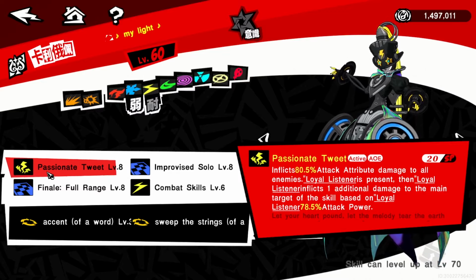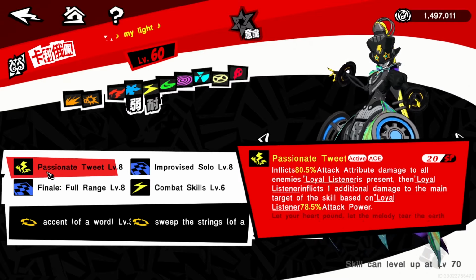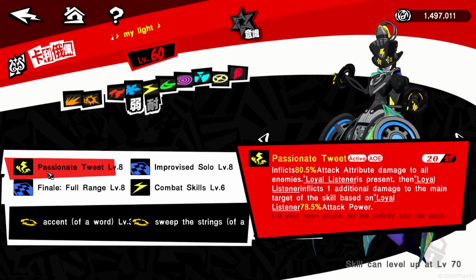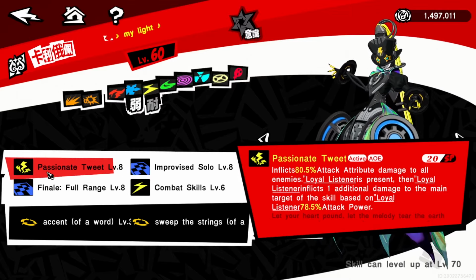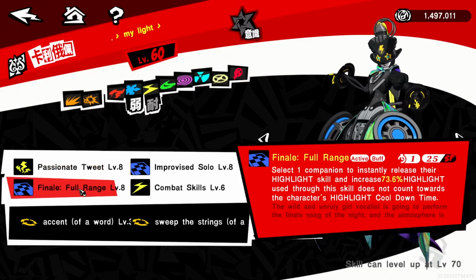Pretty much the more you upgrade this, the higher the inflict status is going to be, of course, and the higher the extra attack power is going to be for your loyal listener. So she's just all in all buffing the loyal listener like crazy and making sure that you're getting as much damage in as possible. So in the order of skills, you want to go ahead and go for this one